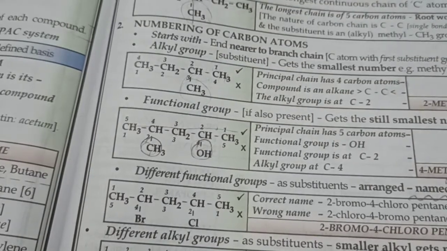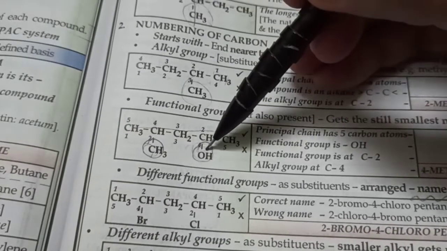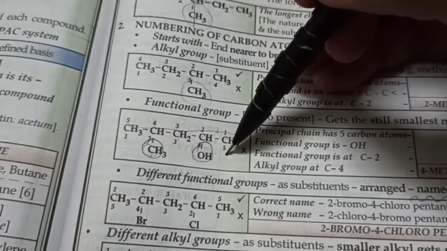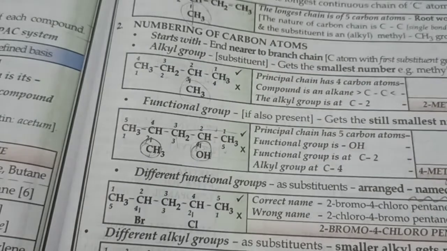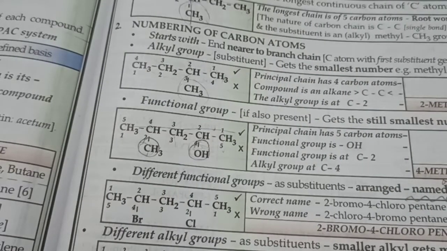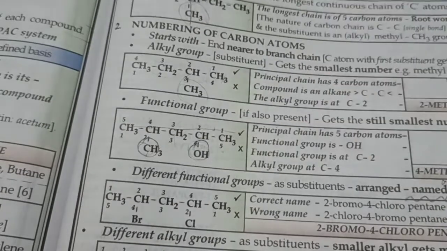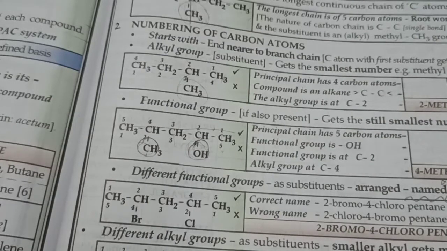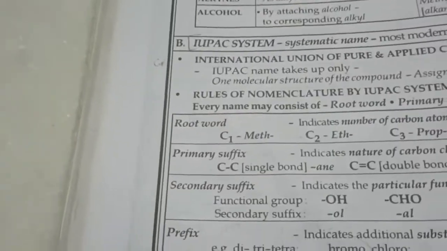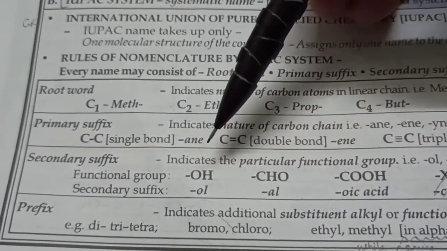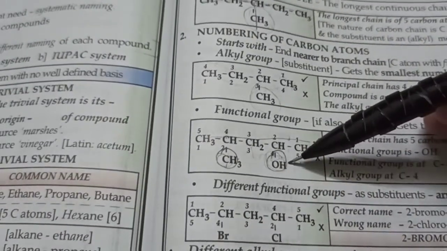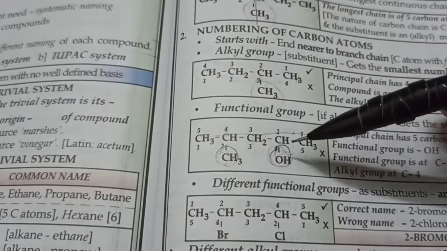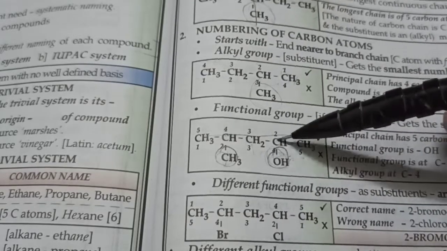Methyl pentanol. But numbering is now important. Because if I tell you methyl pentanol, how would you know on which carbon atom is this OH? You could have drawn OH here also or here also. And how do you know where is a methyl attached? Here or here or here? That is why numbering is important. But who should get a lower number? OH or CH3? Well, if there's a competition, always go for the OH. So you will never get 2 functional groups, but you can get one of these functional groups and one of the alkyl groups. So whenever there is a competition between an alkyl group and a functional group, lower number goes to the functional group. So the numbering is 1, 2, 3, 4, 5.